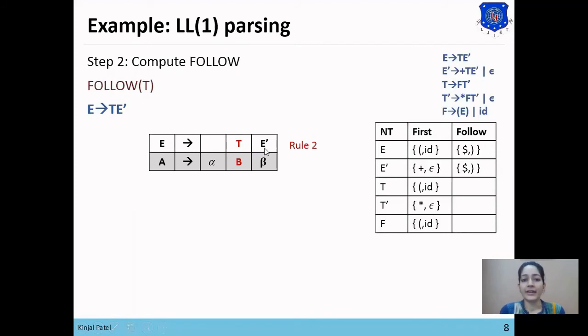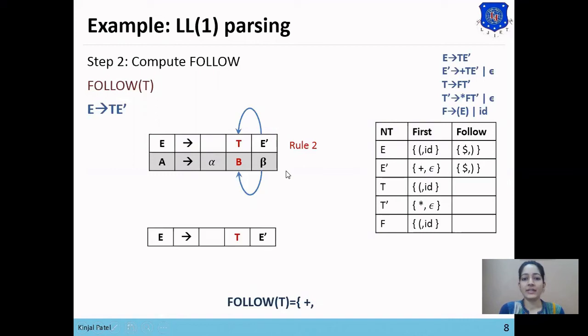So here E dash is non-terminal symbol. So we will add first of E dash in follow of T. First of E dash is plus and null. So as E dash derives null, we will add plus except null in follow of T. So only plus symbol will be added in follow of T. As E dash derives null, so we will also apply rule 3, which says that substitute E dash with null.